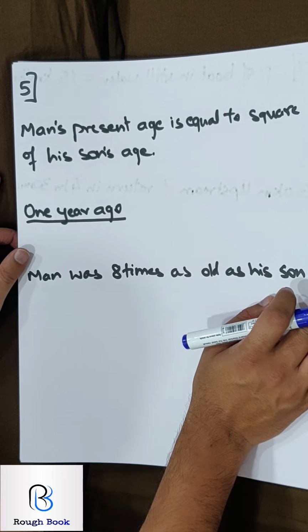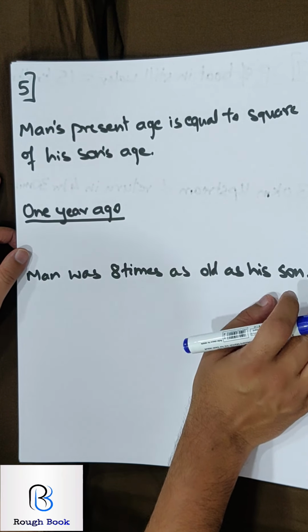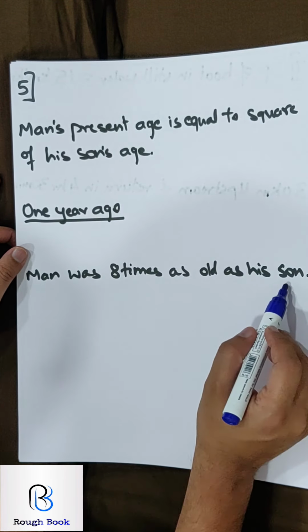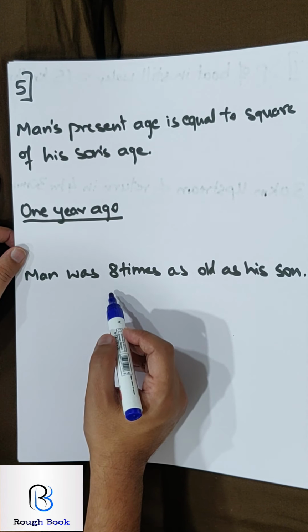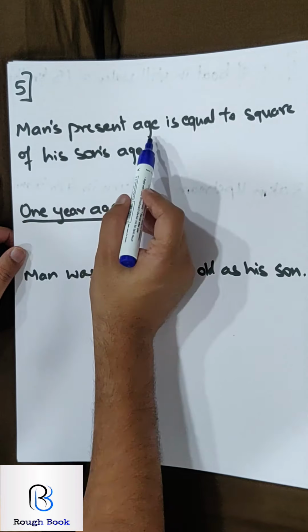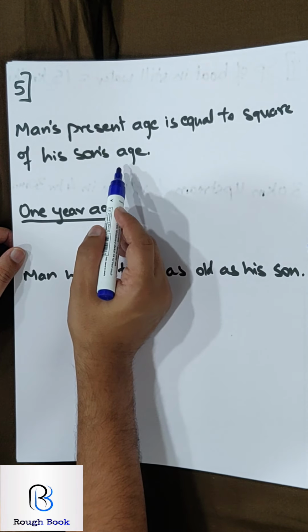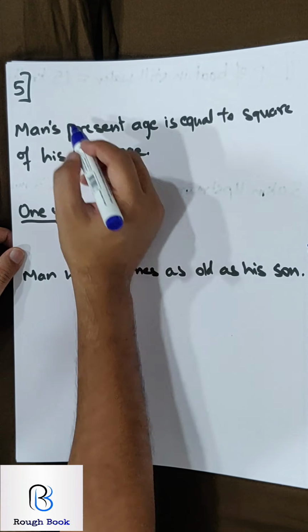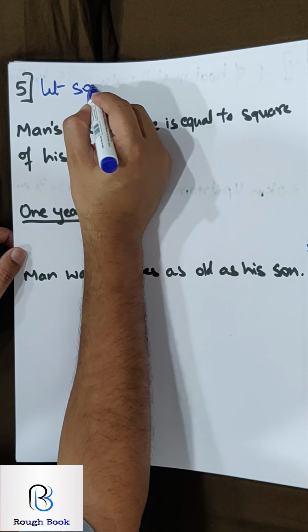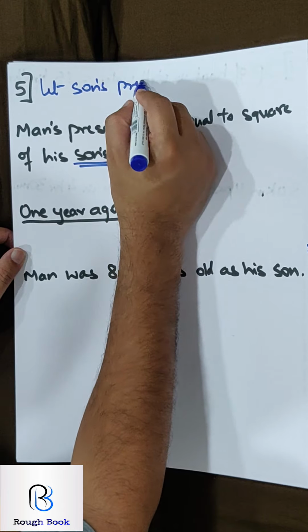Sum number 5. 1 year ago, a man's age was 8 times as old as his son. This is 1 year ago. That's the start of the question. And the second part of the question, they say now his age is equal to the square of his son's age. Obviously, who is smaller? Obviously, son. So you will say let son's present age